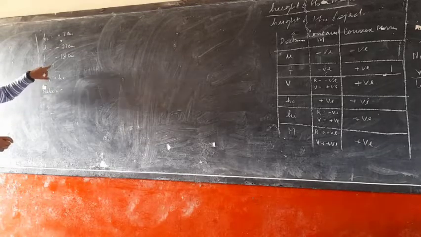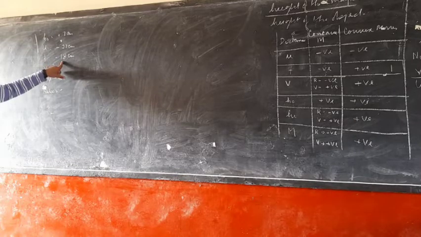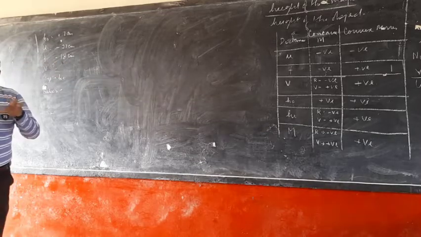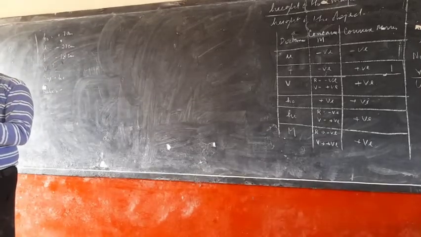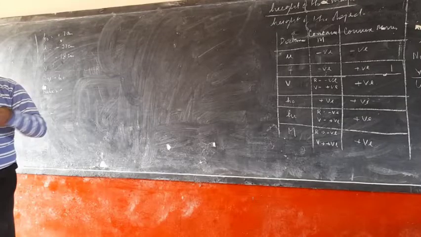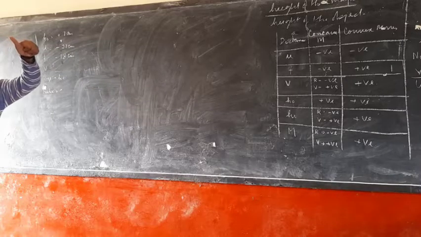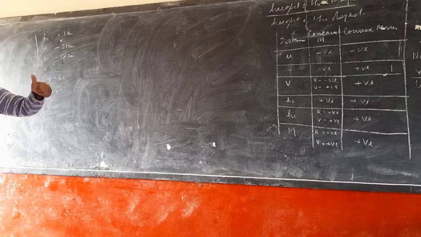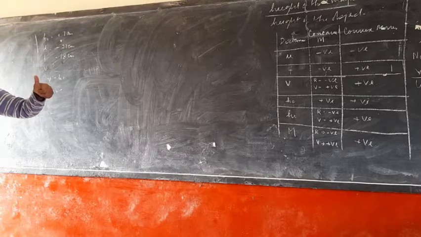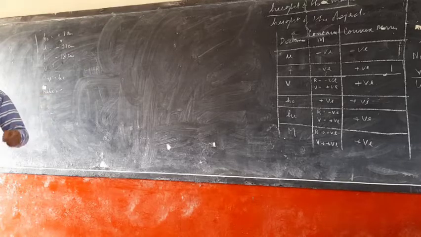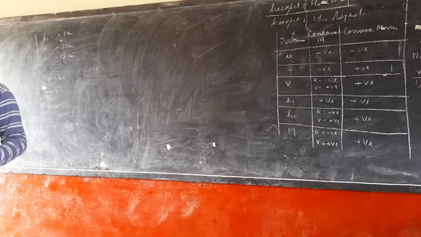Now, according to the ray diagram, there is a certain thing I would like to discuss with you. Focal length is 18 centimeter, so the radius of curvature will be 36 centimeter. Very good. The object distance is given as 27, f is 18, and R, the radius of curvature, is 36. Where has the object been placed? Very good, between focus and center of curvature.